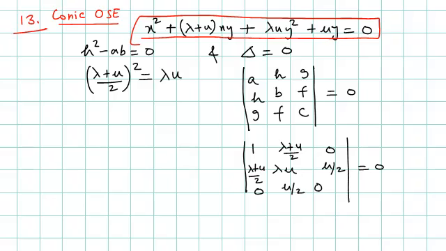lines. So exactly the question is: this equation represents two parallel straight lines if, and the choices are given in terms of conditions based on lambda and mu. So it's a very straightforward question. For this equation to represent pair of lines, delta equal to 0, and delta equal to 0 means this determinant